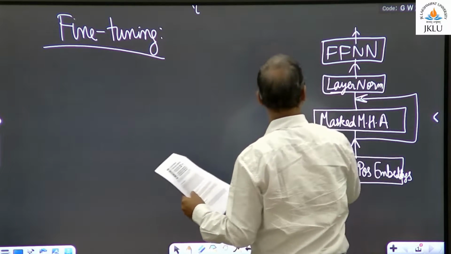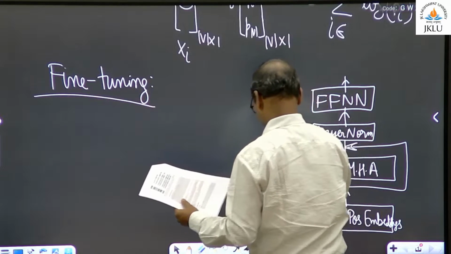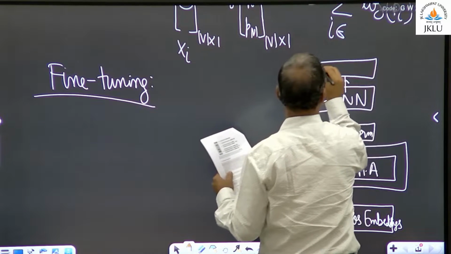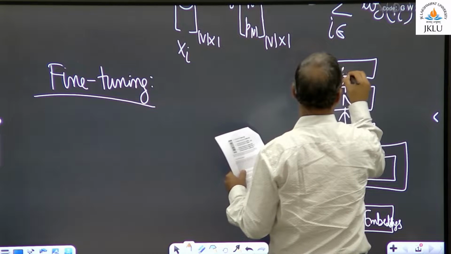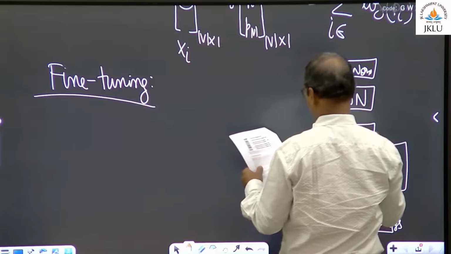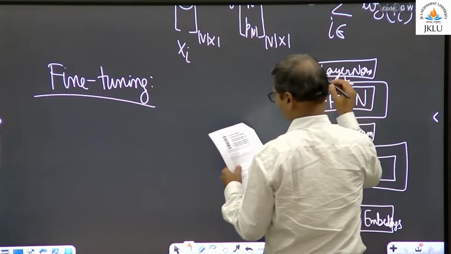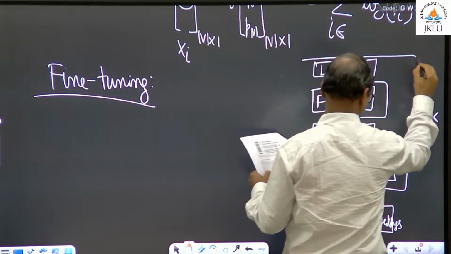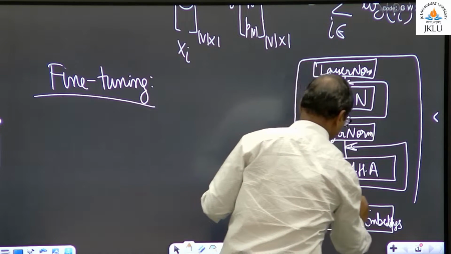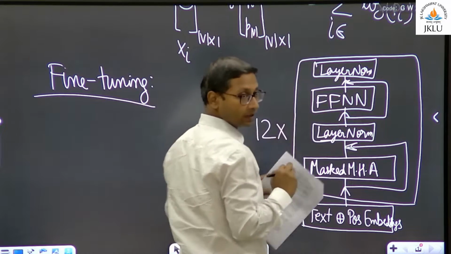Then we had a layer norm again, and this one goes here. This whole thing is what? This is the decoder block, and GPT-1 has 12 such layers,